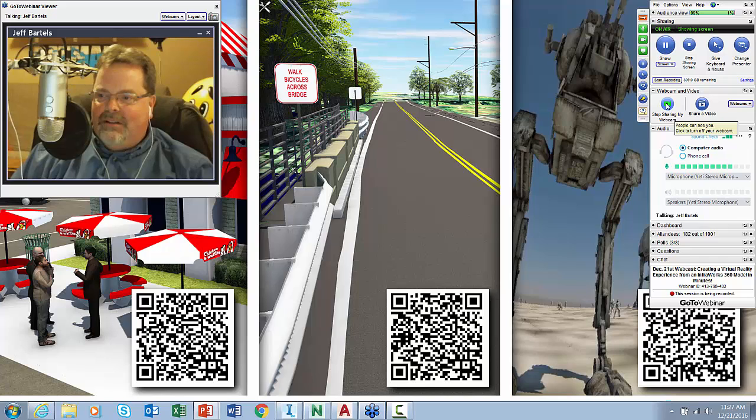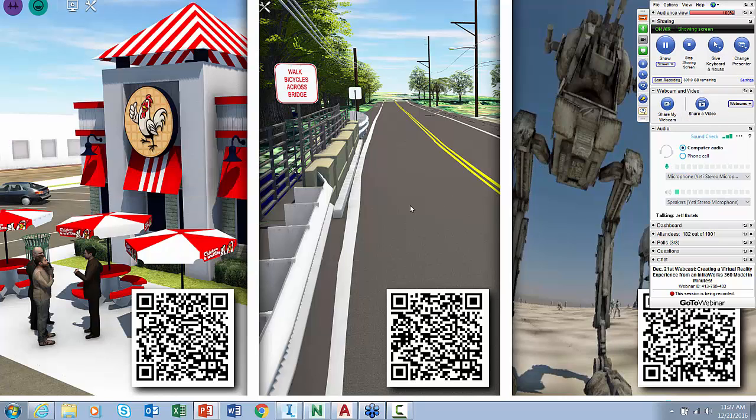Okay, now the only thing more dangerous than starting the webcam is trying to stop it. Let me do this. There we go. Okay, so